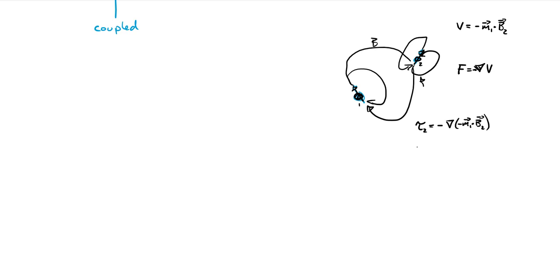Now, if I consider this whole system, though, my hydrogen atom, the net torque is still zero, right? Because the other torque is going to be negative m2 dotted with b1, and these are going to be just the same. Thank you, Newton's third law. These internal torques cancel, and the net torque on our system is still zero. So although the individual angular momentums aren't conserved, the total angular momentum is conserved, right?